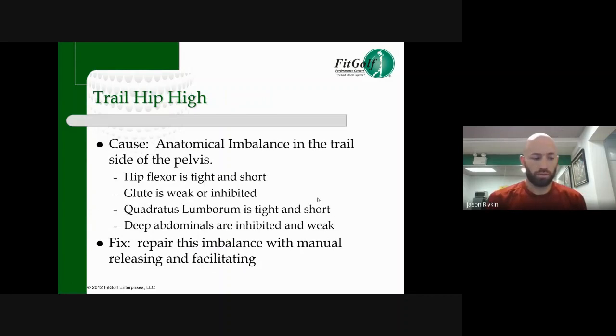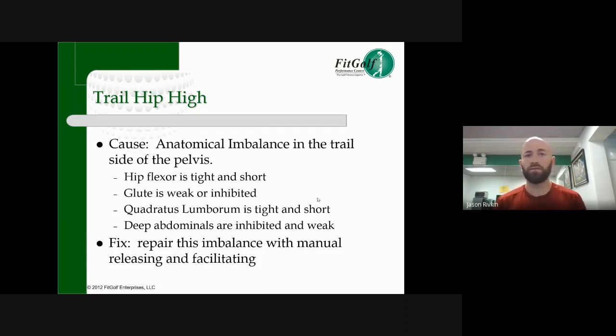All right, so I want to spend a little bit of time on this concept of trail hip high. Through a lot of research and studying, actually a lot of this done by my partner David Ostro, going back to the 90s, we've seen and explored this concept of symmetry or asymmetry within the body. And what we found is, regardless of demographic, we're talking about people 16 years and older,